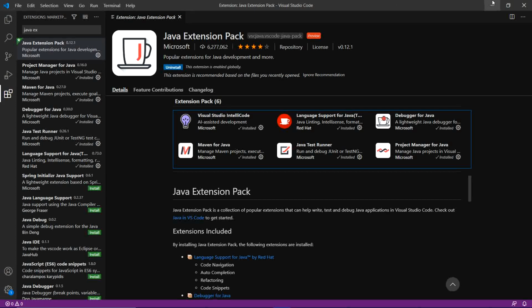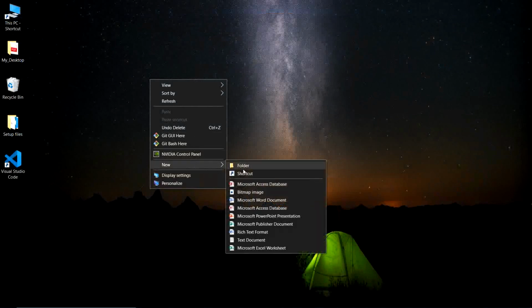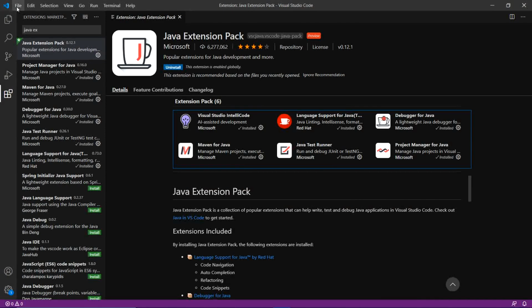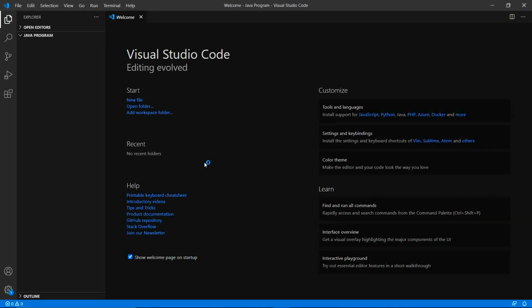So first I will make a folder on the desktop named Java program. Now open this folder in VS Code. Go to file, open folder. Yes, here it is, Java program. Open. So to run a Java program, we have to create a .java file.